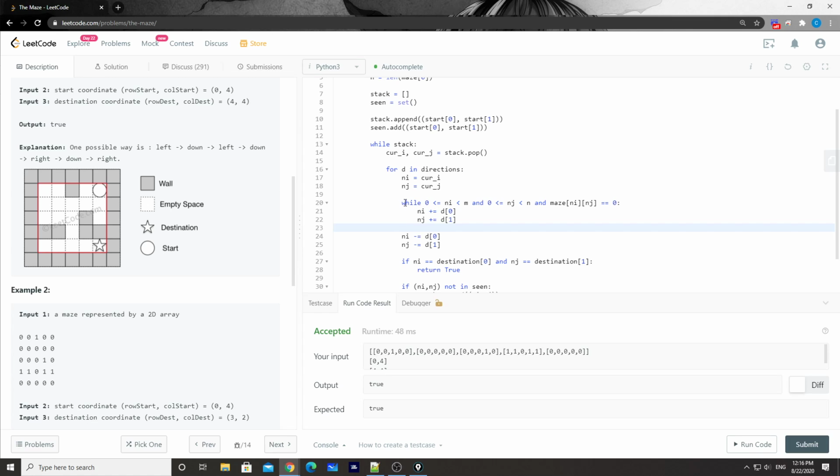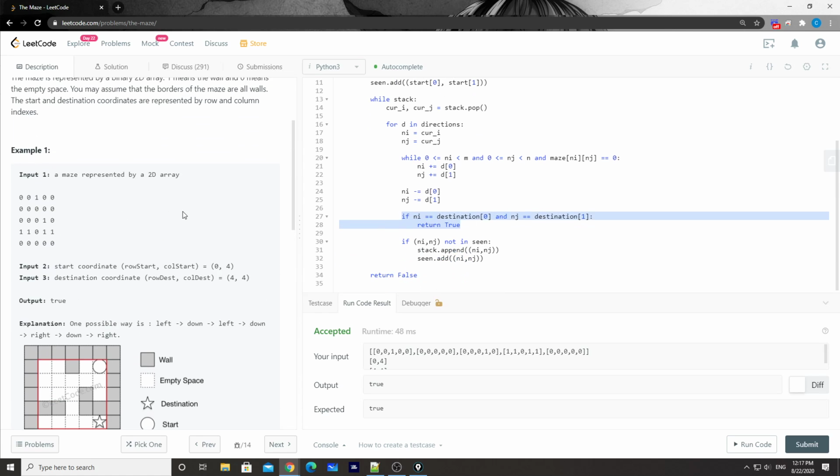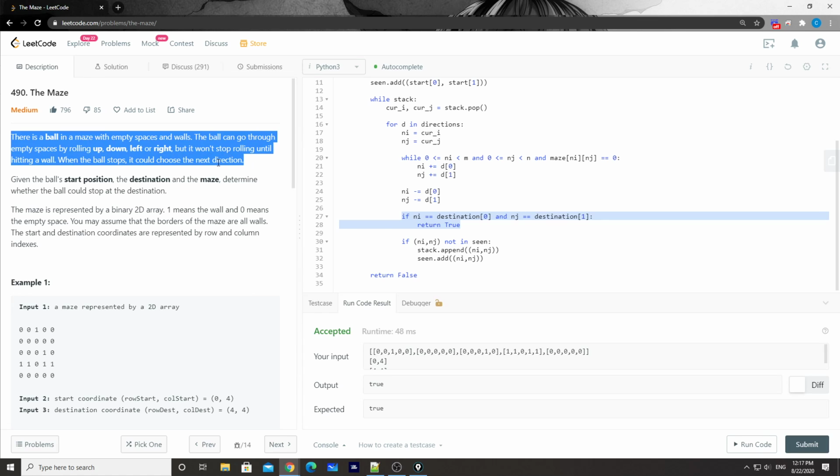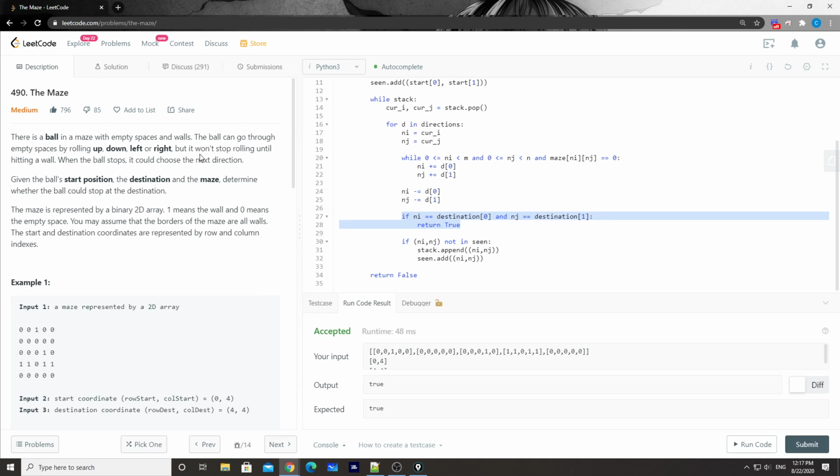Once we hit a wall, we backtrack by 1 to find the position, and then we start from that position. Basically, we are essentially following what the problem is asking the ball to do. The ball won't stop rolling until hitting a wall.